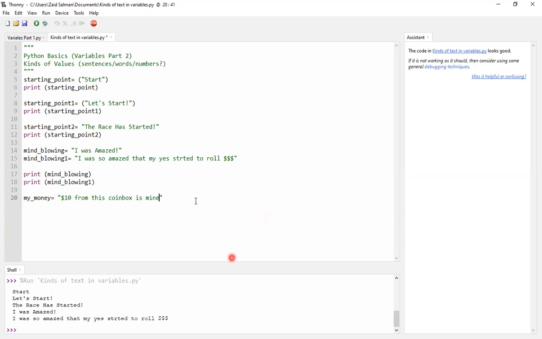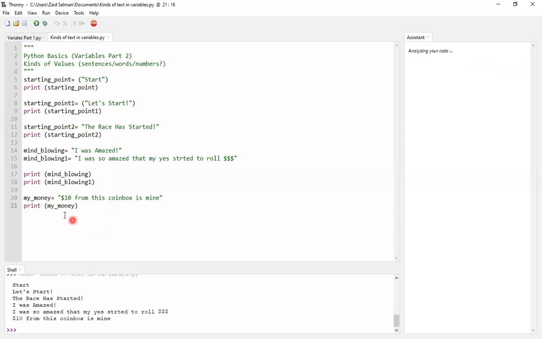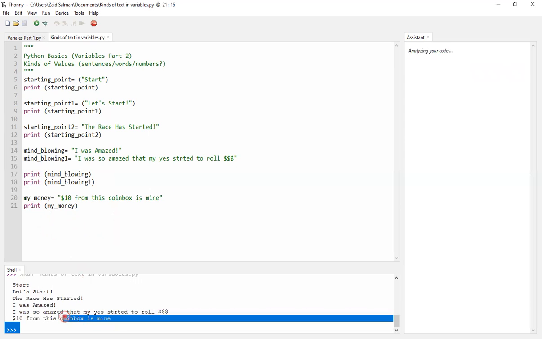So when I write this, let's see if it gets printed. But I haven't written the print statement, so I'll write print as well. Print my money. And when I run it, you can see that $10 from this coin box is mine.